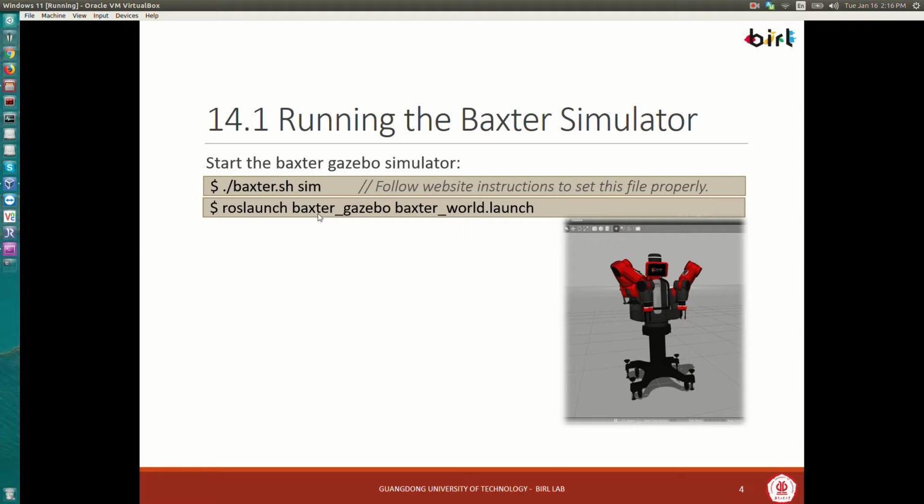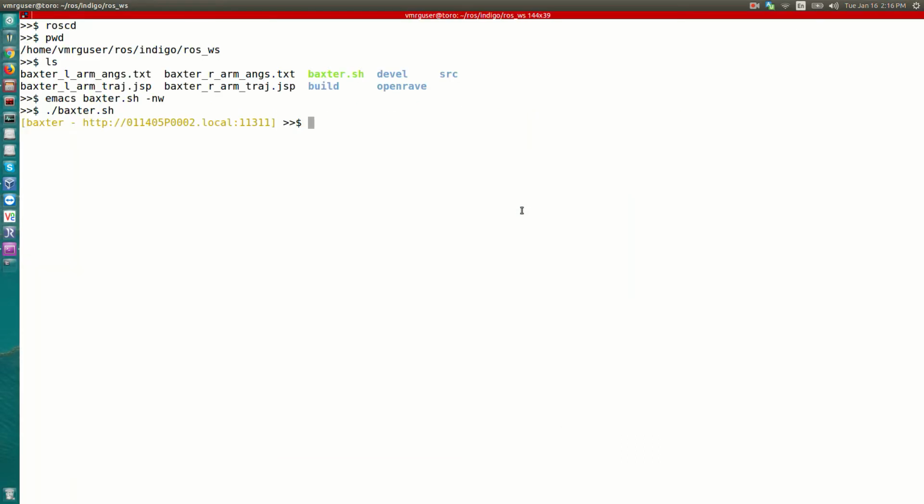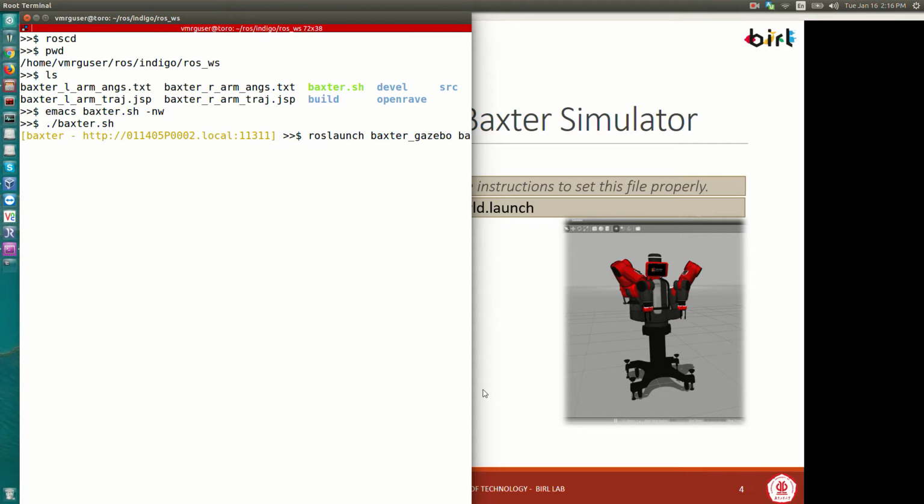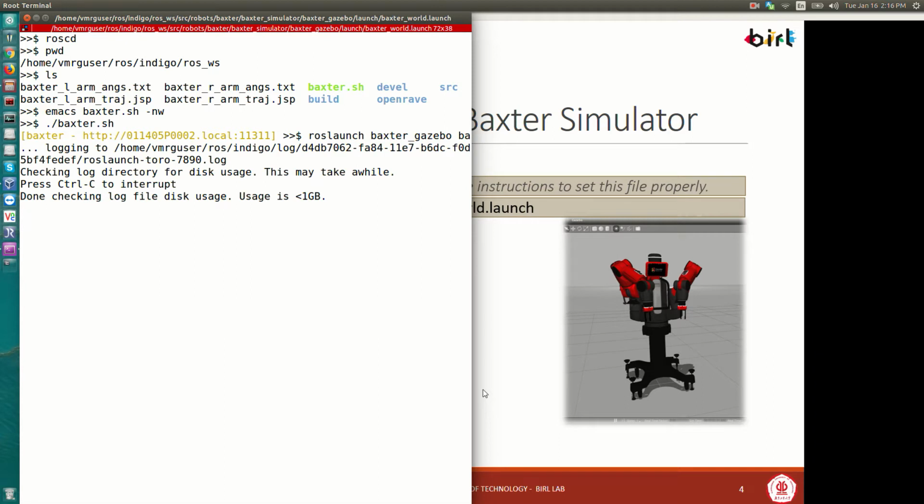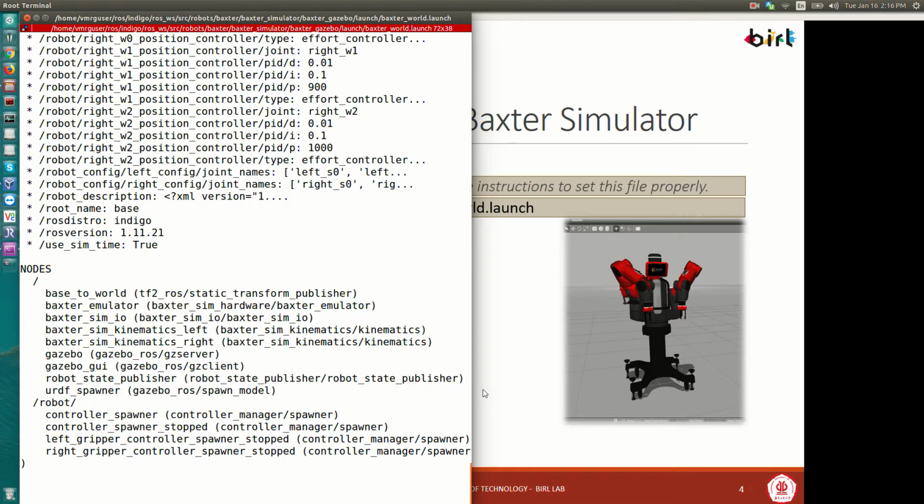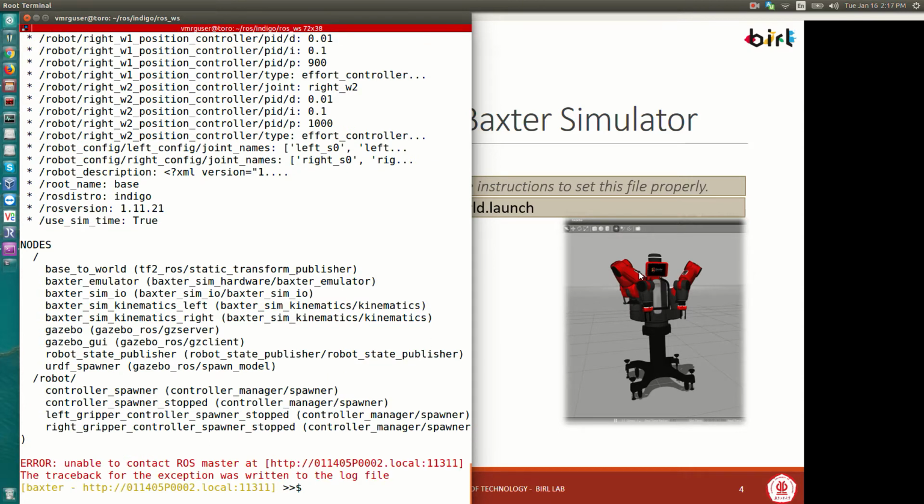So Baxter has a Baxter Gazebo package, and within that we have a Baxter World launch file that you can run. Now this launch file will take about 30 seconds to properly load, so you'll need to be patient. As this launch file is running, the first thing it'll do is open a window that simulates some of the buttons on the robot interface. We won't be using this much, but